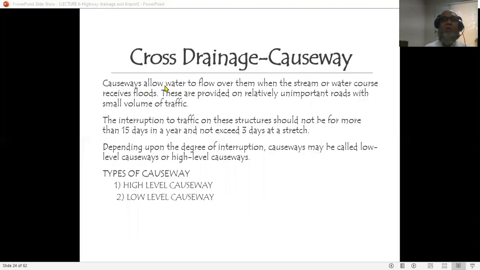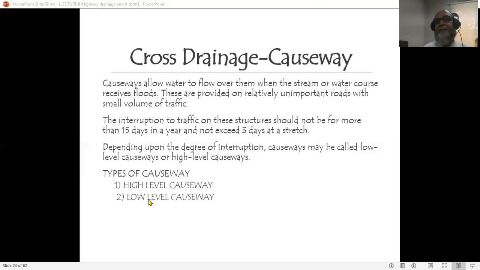So as I said, causeways allow water to flow over them when the stream goes into flood. These are provided on relatively unimportant roads with a small volume of traffic. Sometimes you have to close the traffic for 15 days, but it's our desire not to close them for more than 3 days. Depending upon the degree of interruption, we can have a high level causeway or a low level one. The concept is sometimes we raise the top of the causeway to an expected